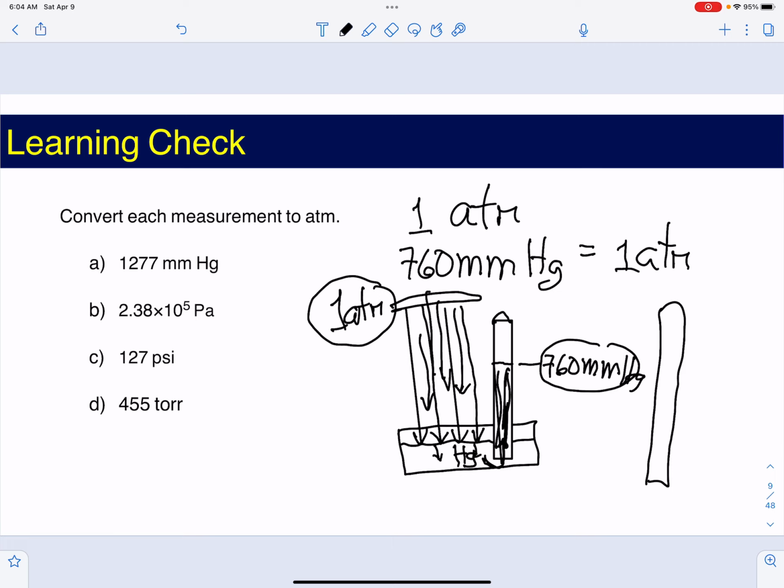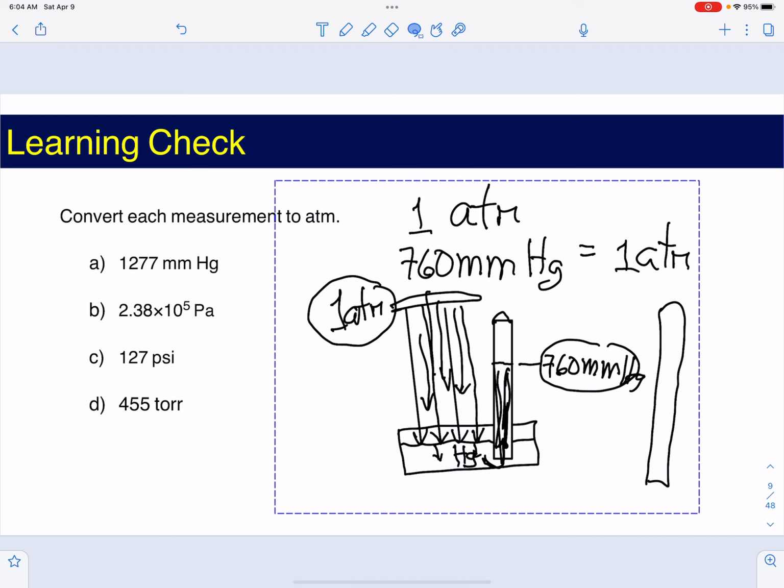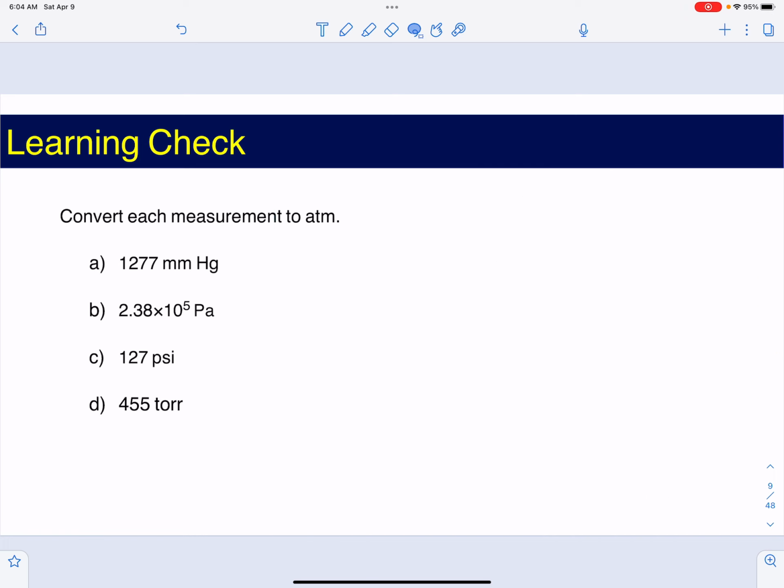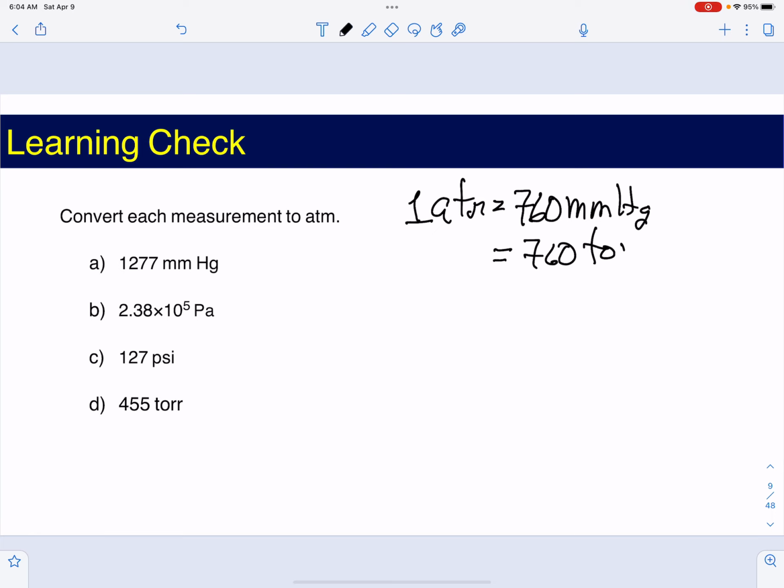So that's something we do. We have different ways to measure 1 atmosphere. We can measure it based on how high the mercury goes, how much mass you have, and so on. So what we're going to have is the standard would be 1 atmosphere, which is going to be the same as 760 millimeters of mercury, which is also the same as 760 torrs. This is another unit the engineers used, which is also the same as 101,000 pascals,